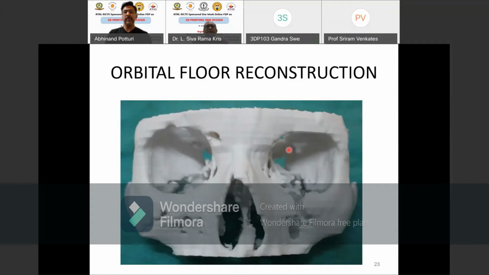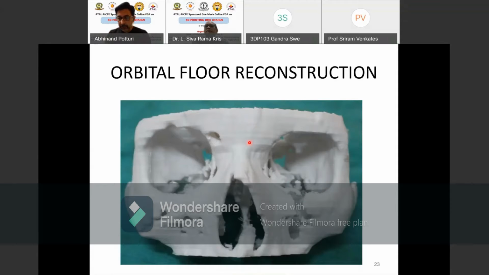Many times whenever a facial injury happens, your eye gets injured, and the eyeball sitting inside will get injured, and therefore this bone fractures and the eyeball position changes. So it is very important that we reconstruct this entire bone in a proper way. Otherwise, because you have two eyes, one eye will be in an abnormal position and one eye will be in normal position. When you look at a patient, the deformity will be striking. One eye will be looking in one direction and one eye will be looking straight.